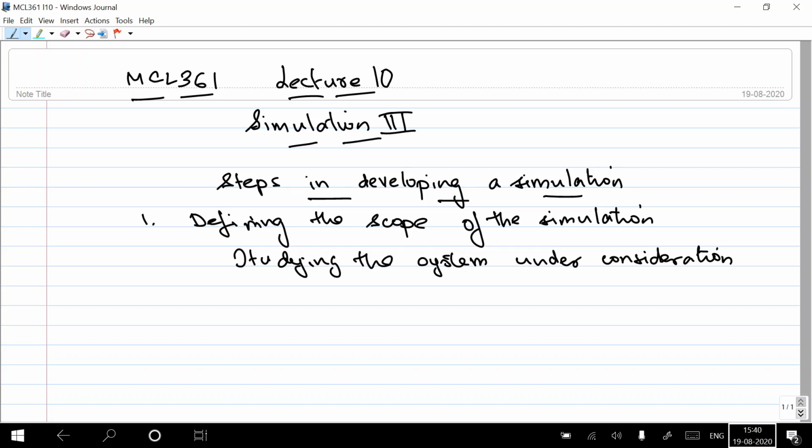Maybe they've read the literature, maybe they've talked to other hospital managers and have benefited from that, and they may say, okay, I want a general purpose simulation of the entire hospital with as much detail as possible. And I'm not focusing on one particular aspect of the hospital, right? So I'm not, for example, focusing only on the OPD.